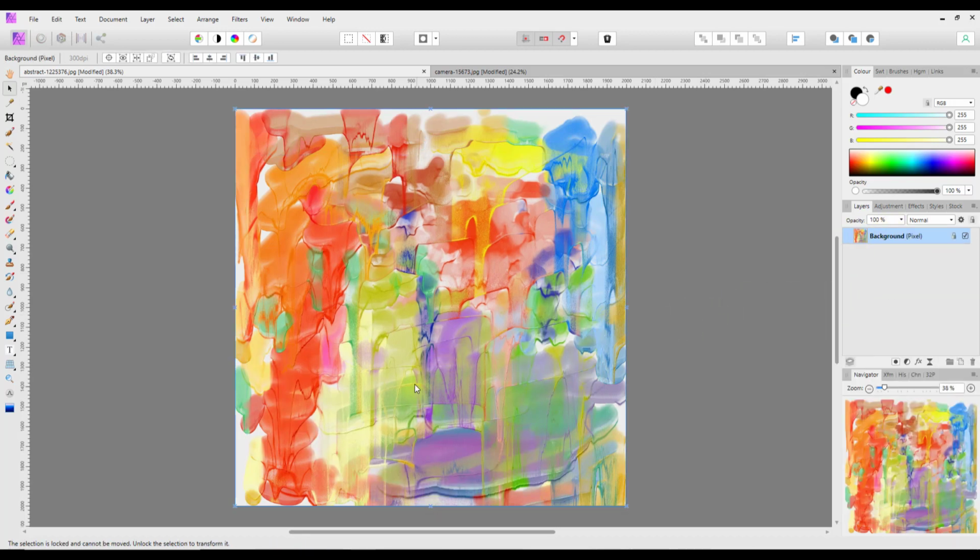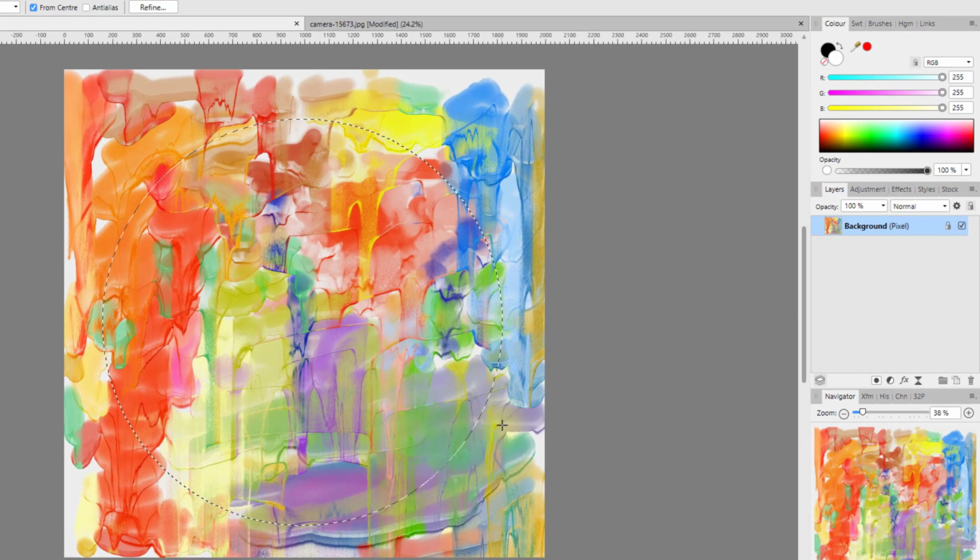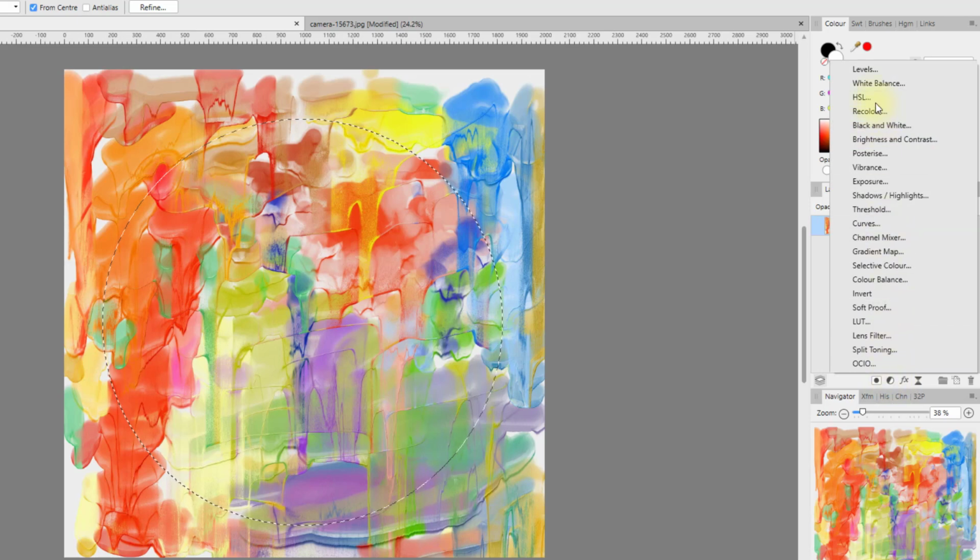Now another reason why you might want to make a selection other than making a new layer is if I use that same selection method again, and I'll make this circle. I won't bother to refine it this time, but I'm going to add an adjustment. And when you add an adjustment, when there is an area selected, it will take that area that is selected and it will alter the layer mask that is on the adjustment. So I'm just going to pick levels,